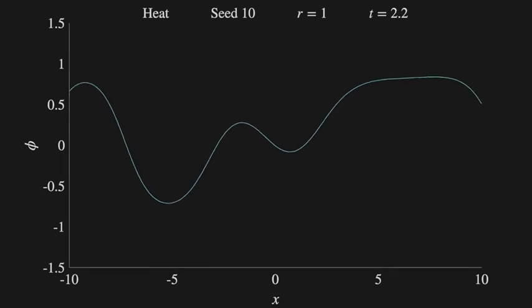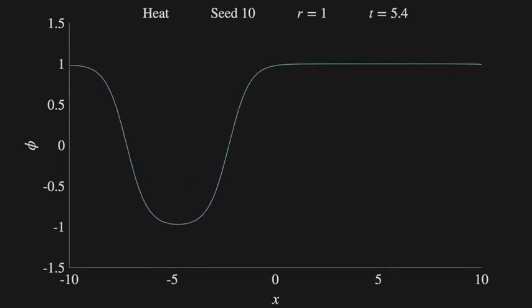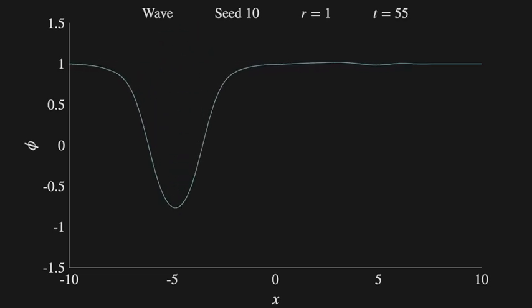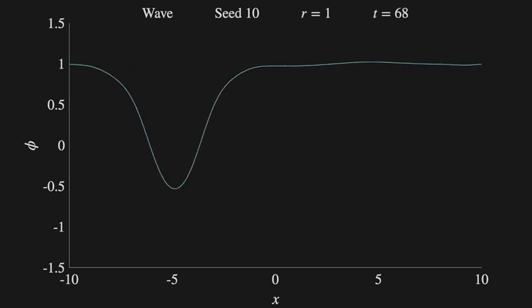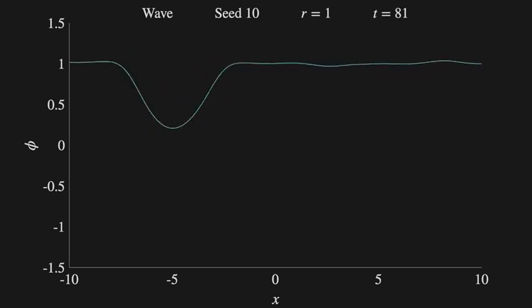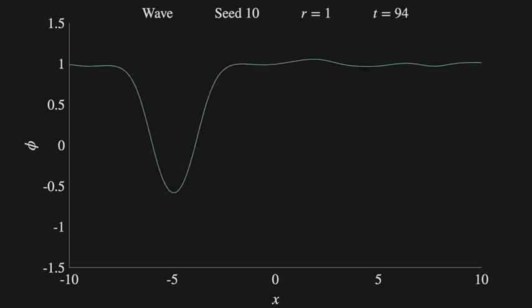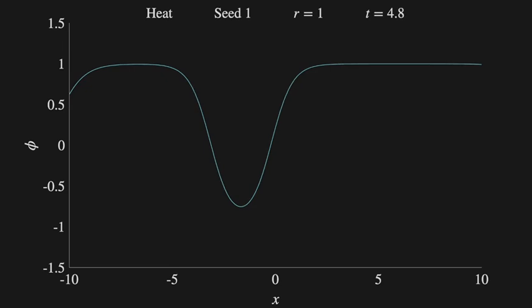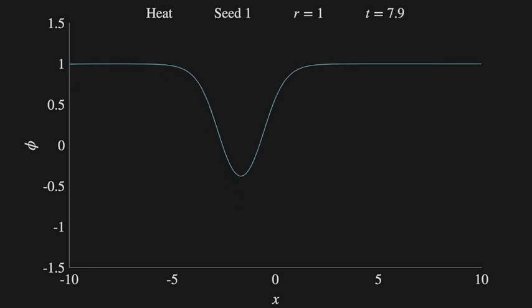I'll first show you examples of how the initial conditions settled in the heat equation, then the behaviour seen in the wave equation. This is reflective of how the simulation was run, first through the heat equation, then the wave equation. In all of these cases, the only thing changing is the seed used for the random initial conditions. Everything else is constant. Here you can see some settle to one vacuum state,